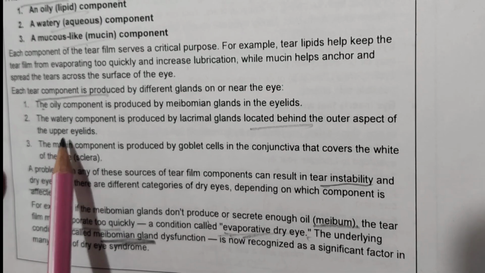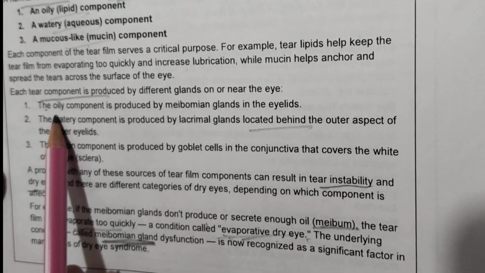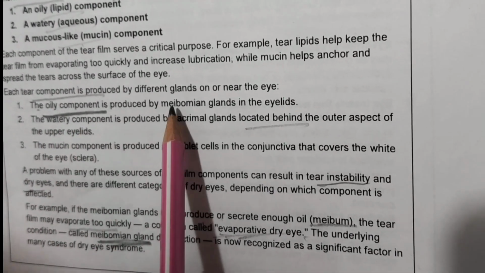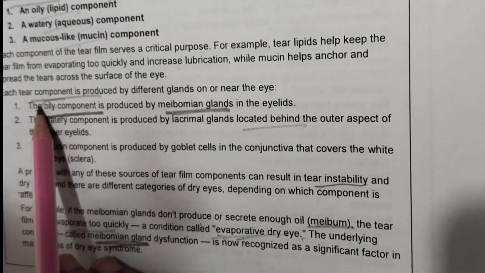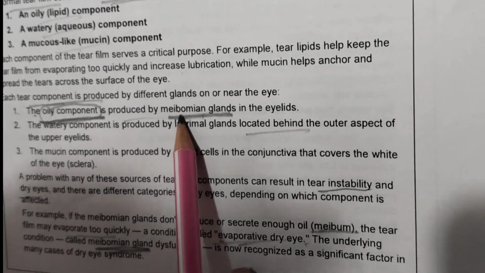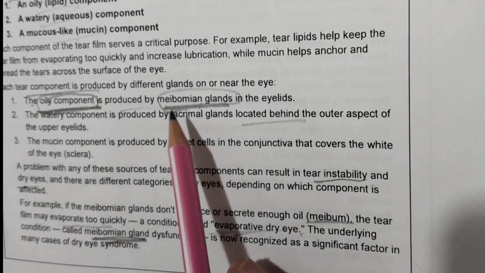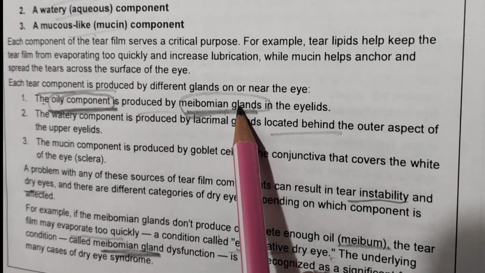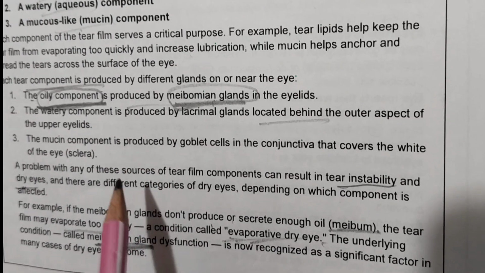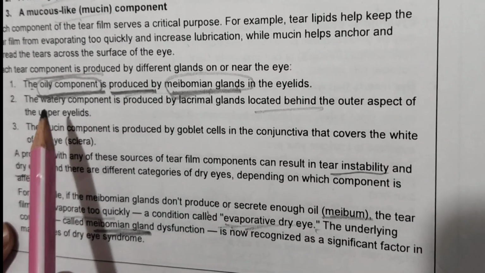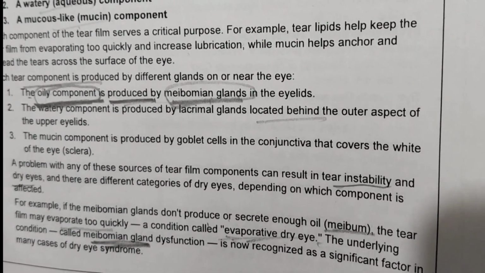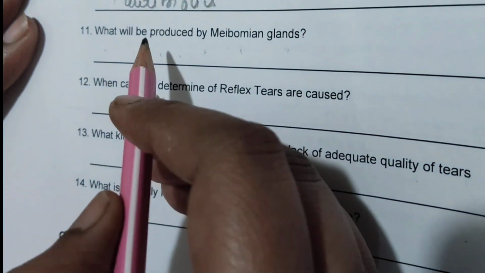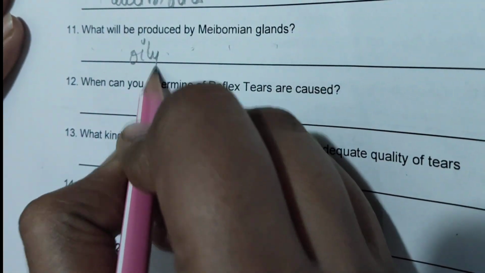So the answer is oil component, here is also meibomian gland. Oily component is produced by meibomian gland. So here in two places meibomian gland is mentioned, but our question is regarding produced. So the answer is oily component. Okay, so right here, oily